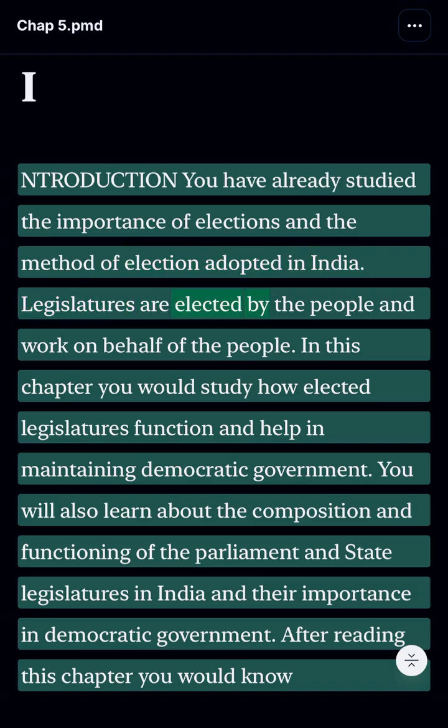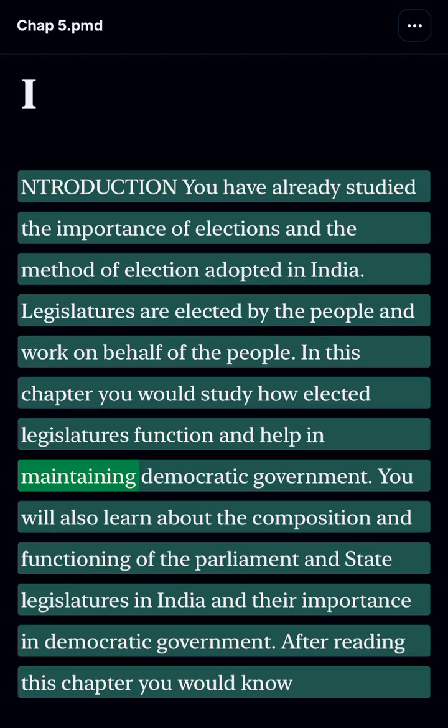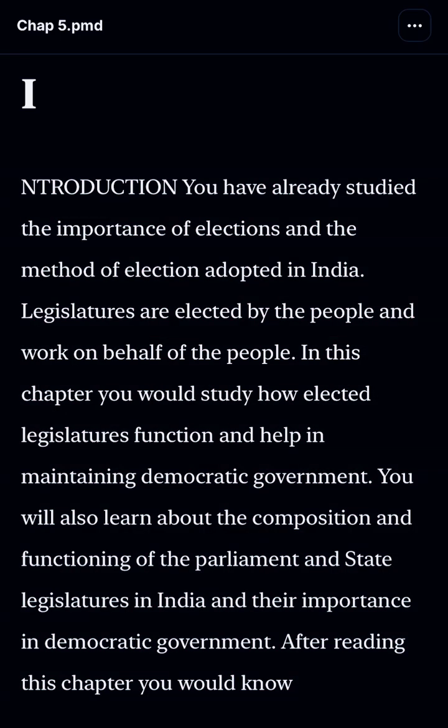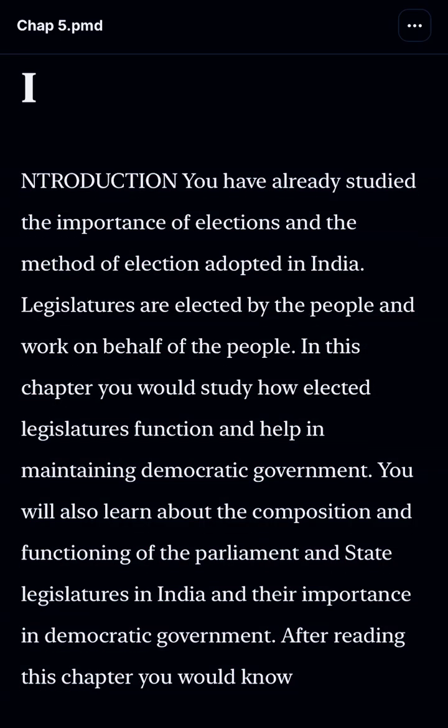Legislatures are elected by the people and work on behalf of the people. In this chapter, you would study how elected legislatures function and help in maintaining democratic government. You will also learn about the composition and functioning of the Parliament and state legislatures in India and their importance in democratic government. After reading this chapter, you would know the importance of the legislature, the functions and powers of the Parliament of India,